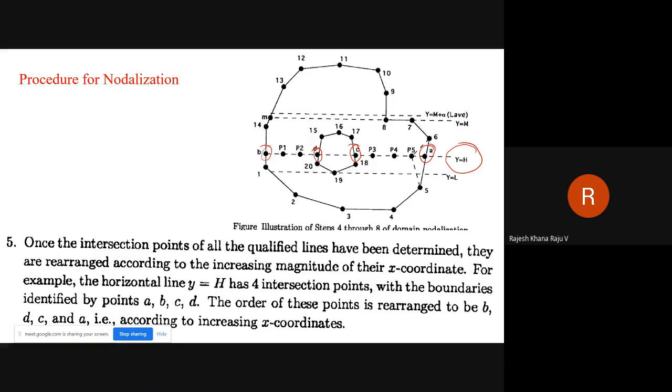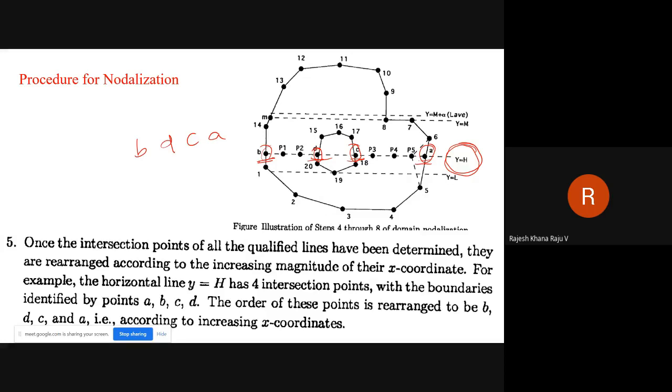For example, this y equal to h line is intersecting the boundaries at 4 points B, D, C, A. So the numbering should be done in such a manner: B followed by D followed by C followed by A. The points of intersection may be named ABCD, but the order in which the points are arranged is B, D, C, A, on the basis of the increment of their x coordinate.